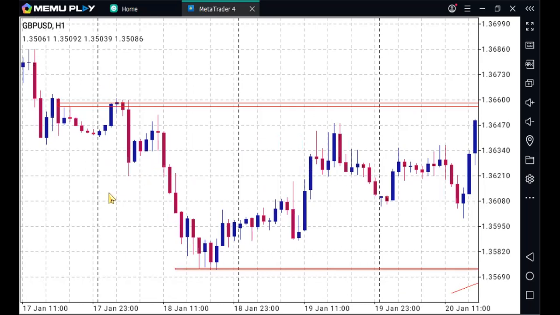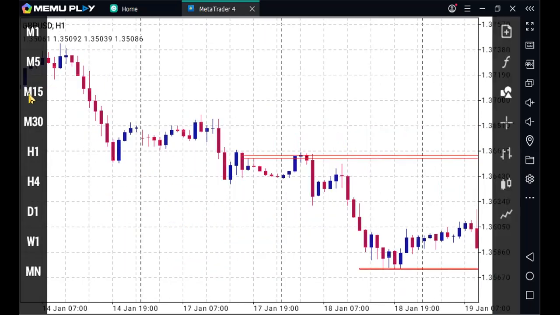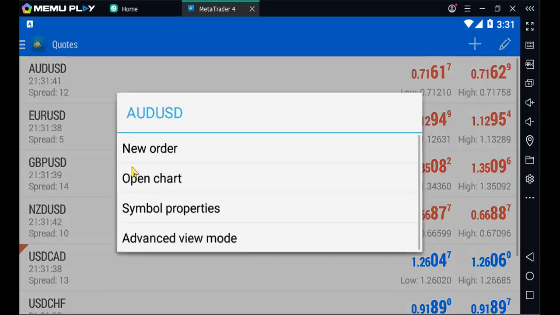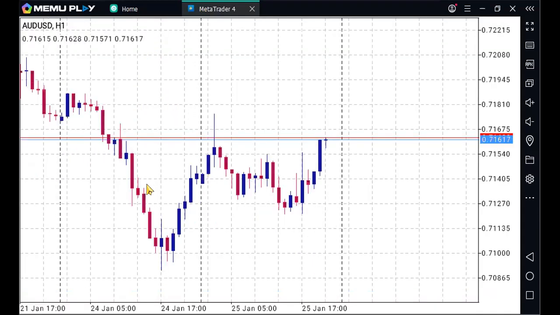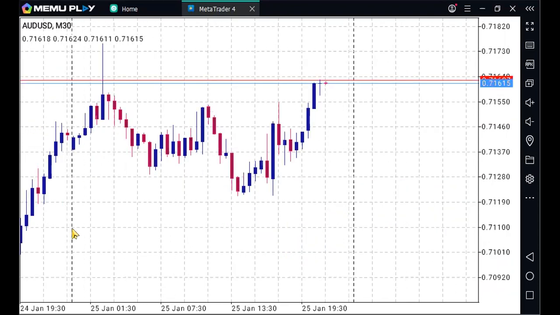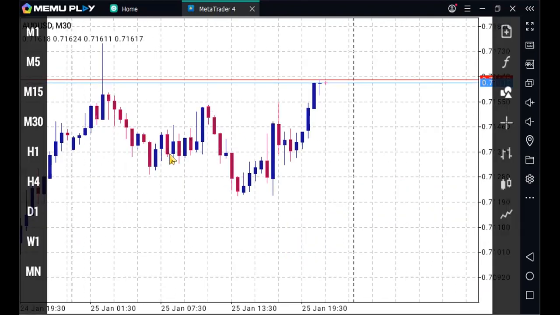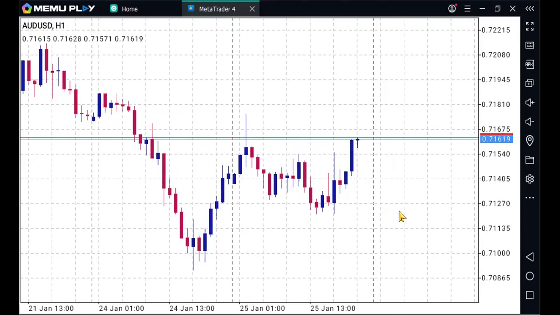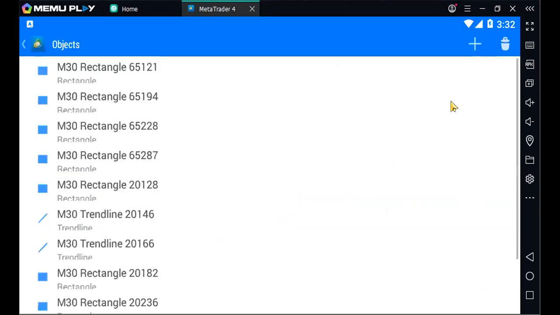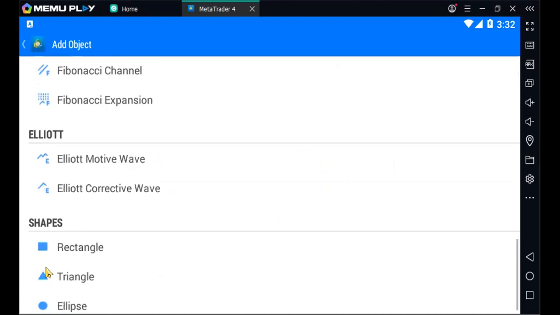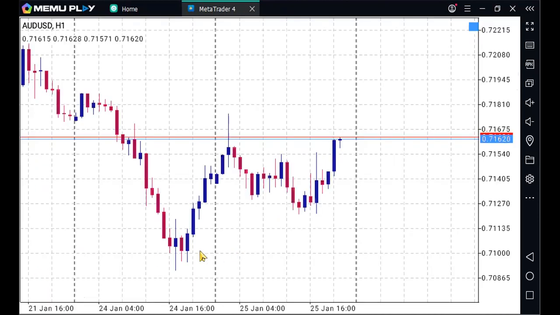You are going to open different assets or different pairs on your chart. Let's say that what I just did was on GBP USD. After that one, you're going to open AUD USD. Remember, I told you 30 minutes. But if you can't see the chart properly, you can switch to 1 hour so you can easily spot the zones of resistance and support. So when you get there, I've shown you how to get this tool. When you get there,